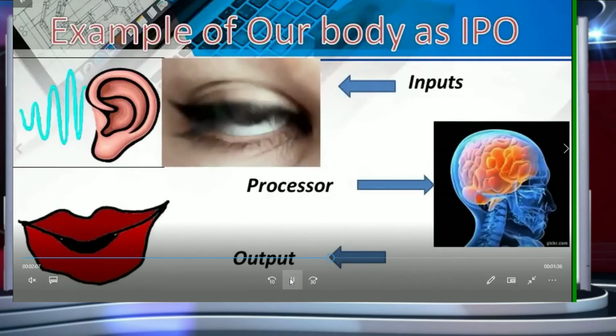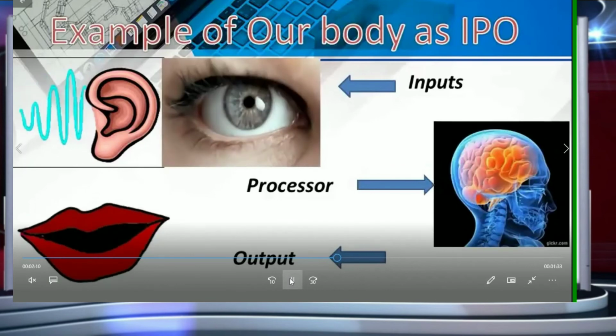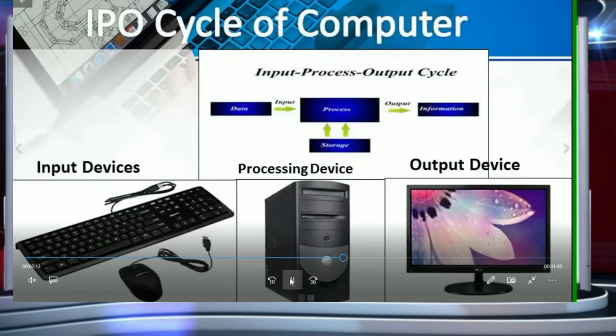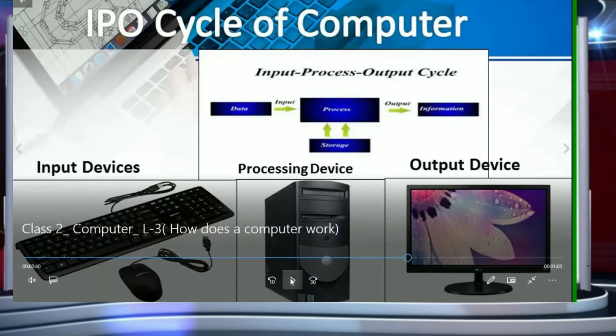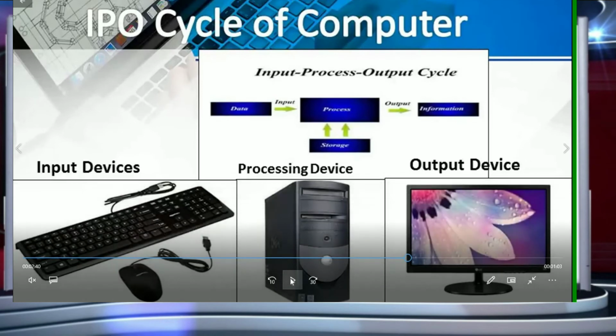In the same way, children, now we are going to learn the way a computer works. A computer works on input, processing and output. Now let us understand it one by one. Input. Input is the data. The data and the instructions that we enter into our computer are called input. So we input data using a keyboard and a mouse. Then process. Working on data is called processing. The CPU works on the data and does all the thinking and calculations.